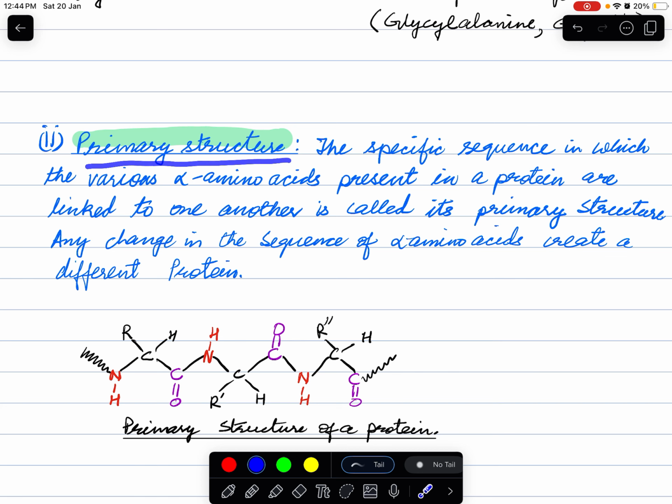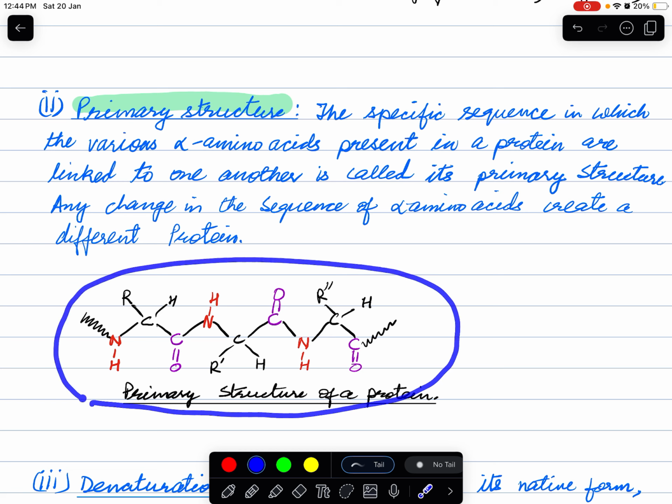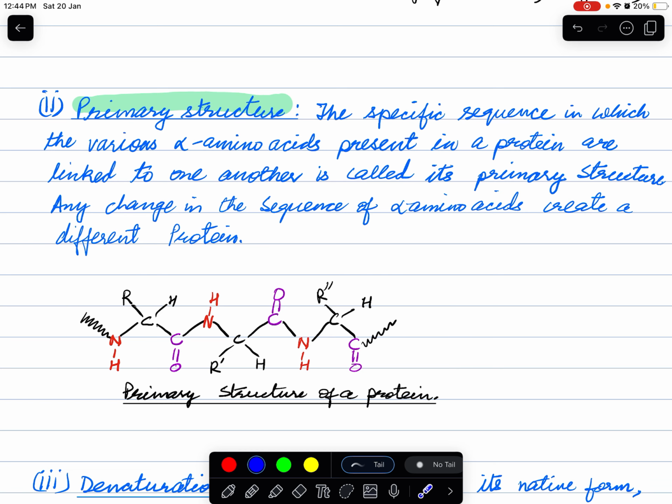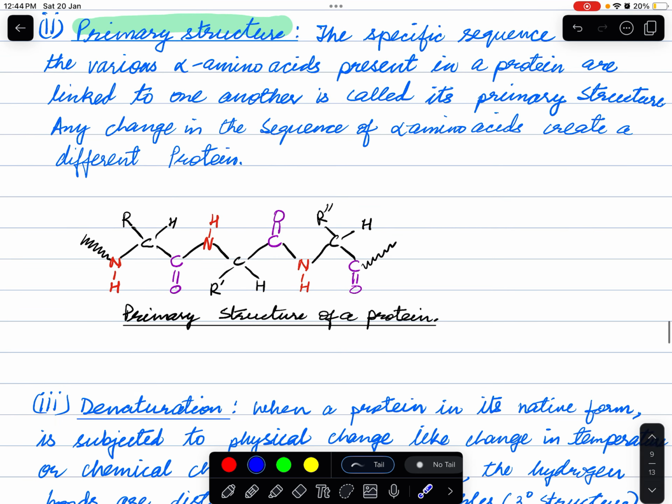What is primary structure? When different amino acids are connected by amide linkages, the polymer which is formed is called the primary structure of the protein. Here we have given an example of a dipeptide, and this is an example of a polypeptide, when n number of amino acids are connected by amide linkages. And how we have the amide linkage in this case, you can see here,